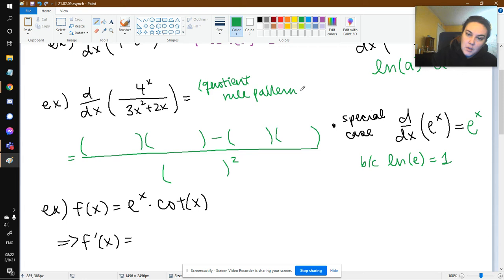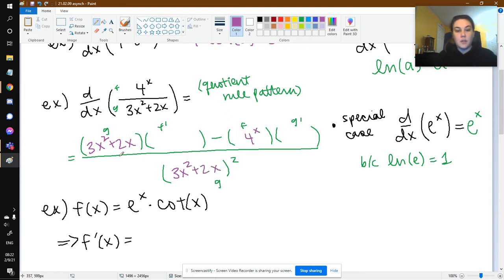And you might say, Miss Johnson, how was I expected to memorize this? You're not. You have your notes out, right? This is F, this is G, this is G, this is F prime, this is F, this is G prime, and this is G. So when I do the quotient rule, again, first thing I'm going to do is just rewrite all the ones that need to be rewritten